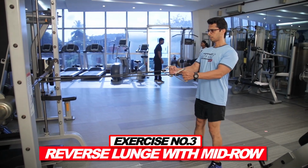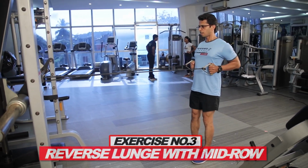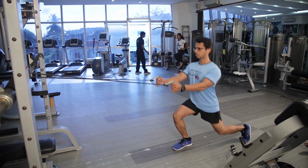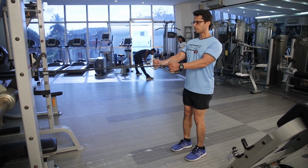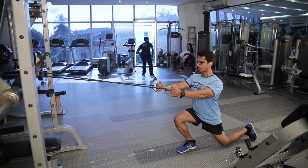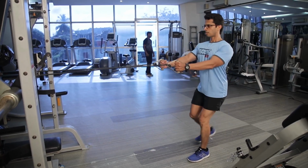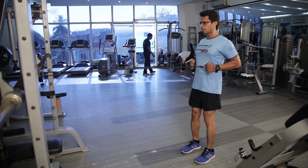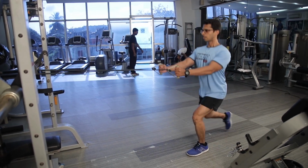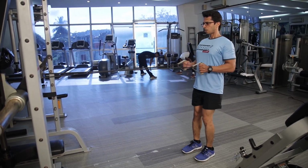Exercise number 3 is lunge combined with mid row. While you are in a standing position, you will be doing a mid row and then you will be going into the deep lunge position. While you're doing a mid row, you will be using majorly your back, that is lat muscles, rhomboid muscles, and the secondary muscle involved is the rear deltoid as well as the biceps that helps you to perform